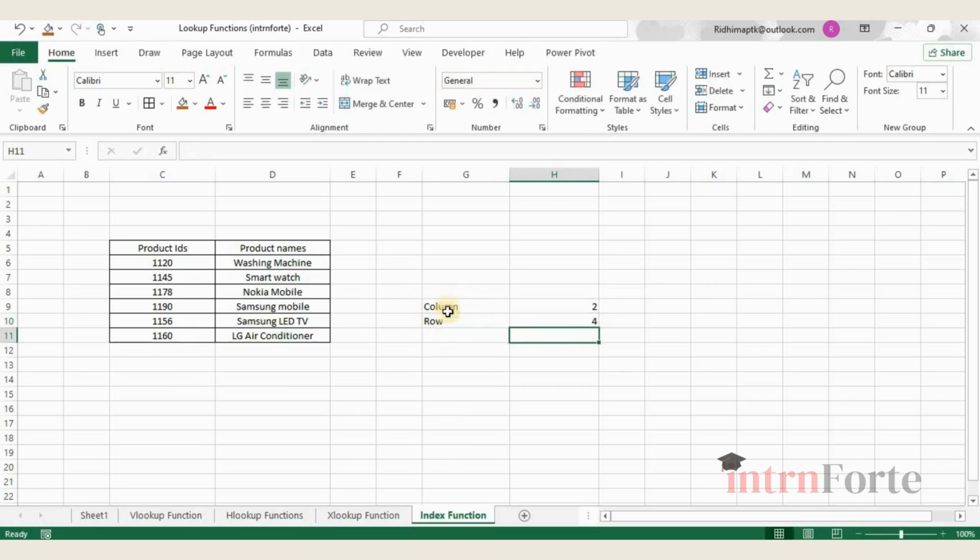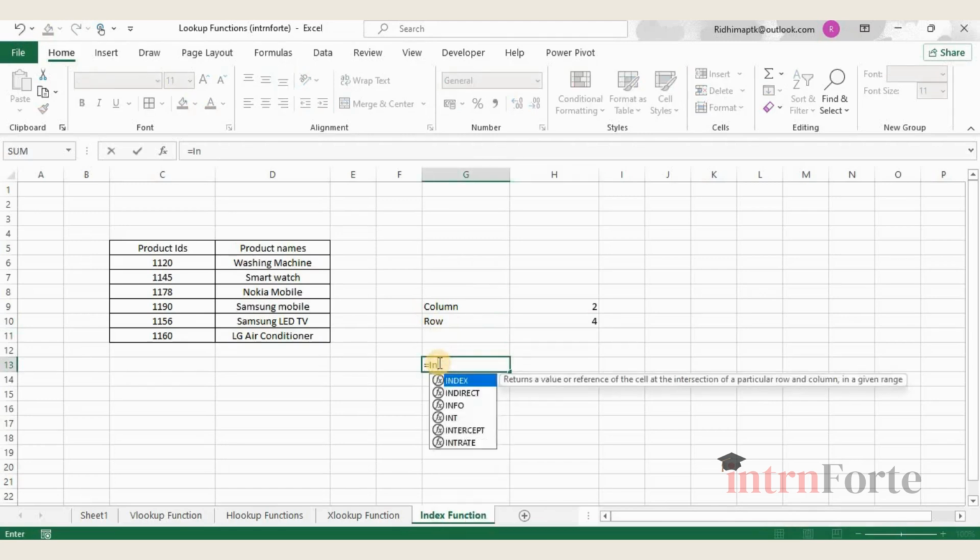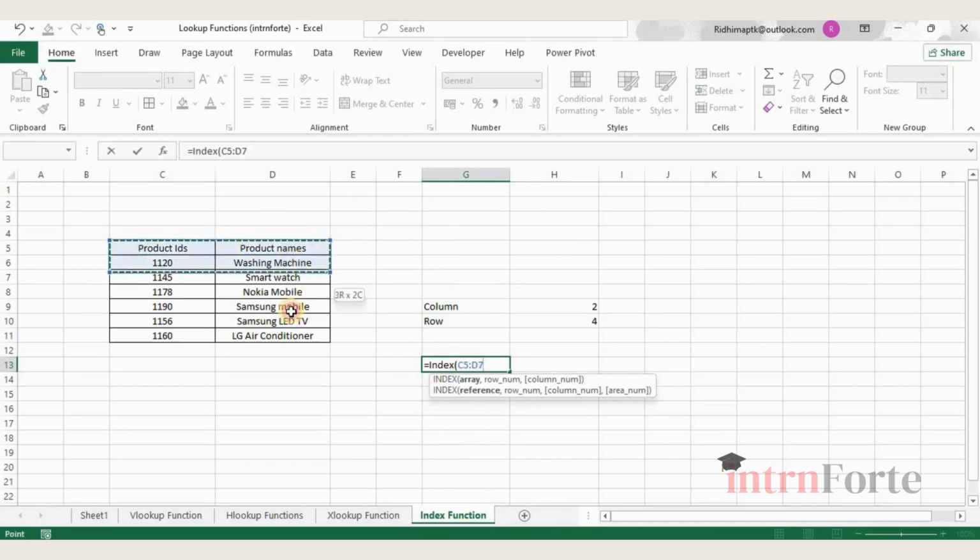Now with the help of this column and row, I am going to calculate my index formula. Is equal to index, open bracket. Now I need to select this complete array. I will select this complete array like this. Now they are asking me row number. So my row number will be this, comma, column number will be this. Bracket close. So as per the fourth row and second column, I'll get the insight with the help of